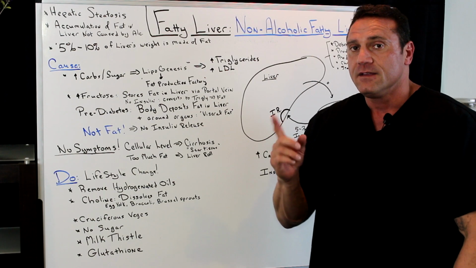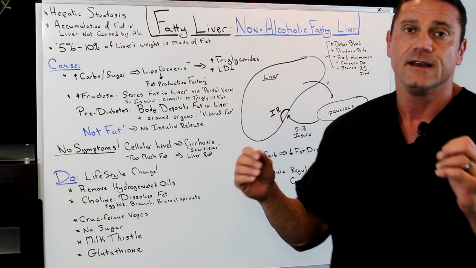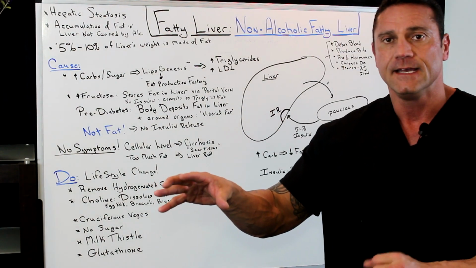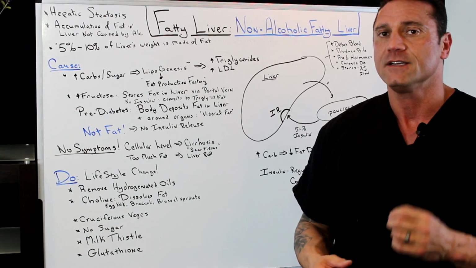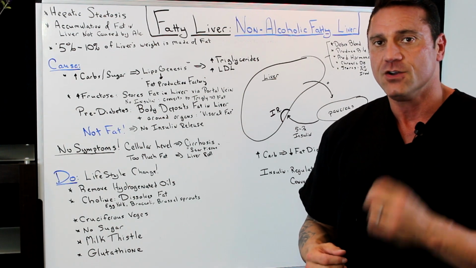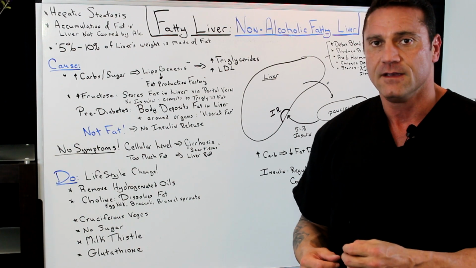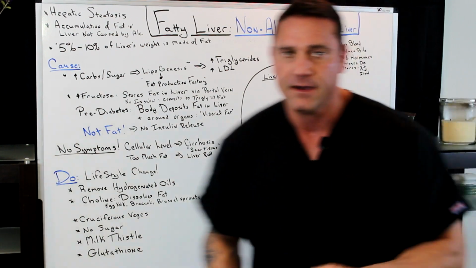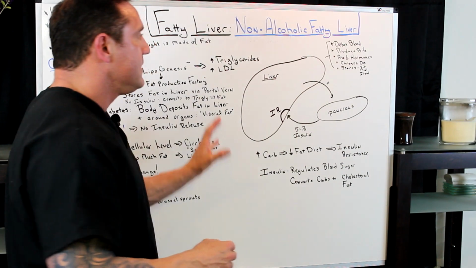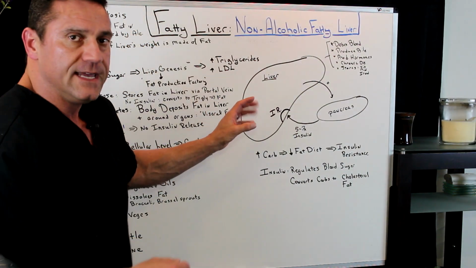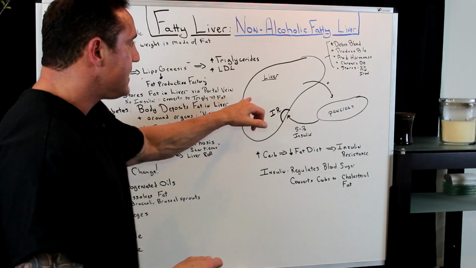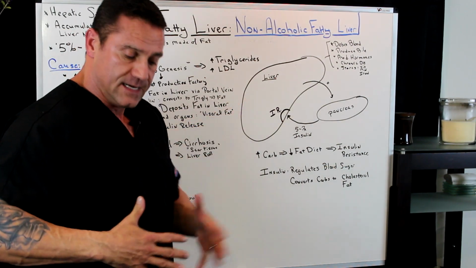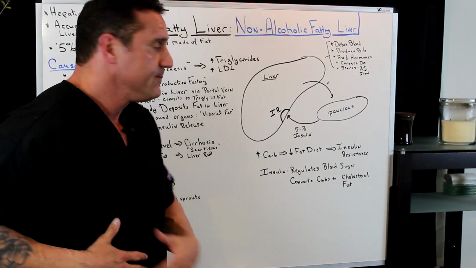Okay, so the key thing is, people always say, well, I thought eating fat will cause fatty liver. Actually, quite the opposite, because when you eat fat, you don't have an insulin response. And this is very important, because the function of insulin is to escort glucose into the cell. Now the liver, phenomenal organ, is in the right upper quadrant of your body.